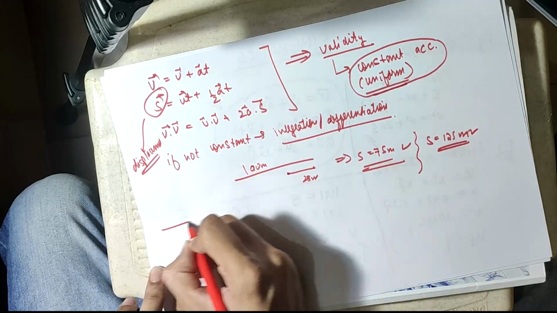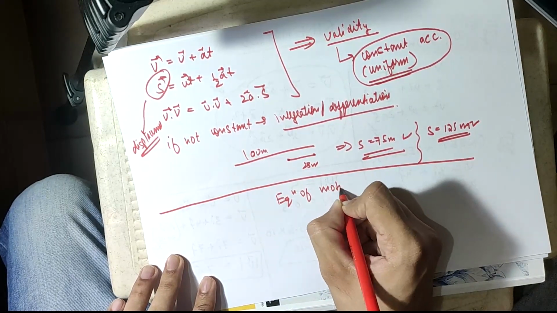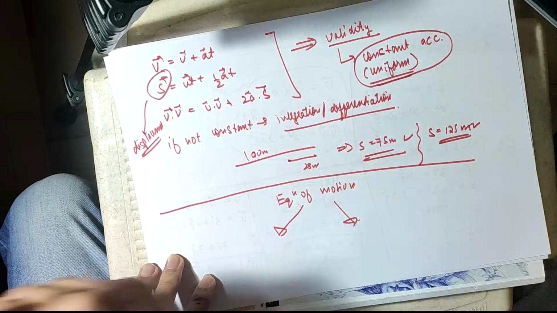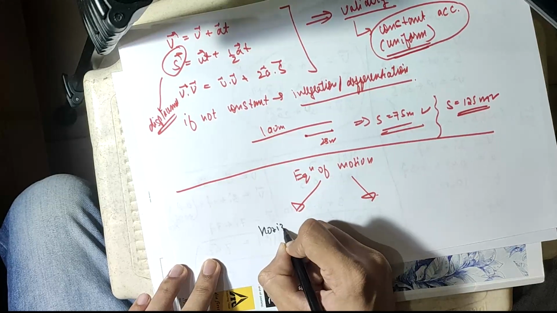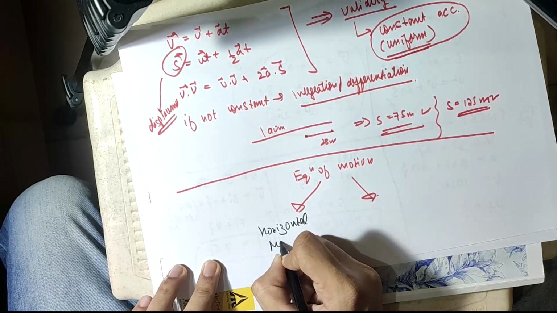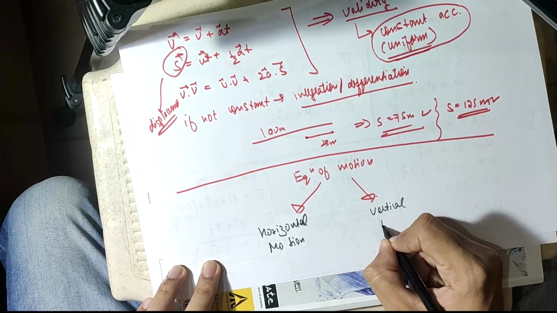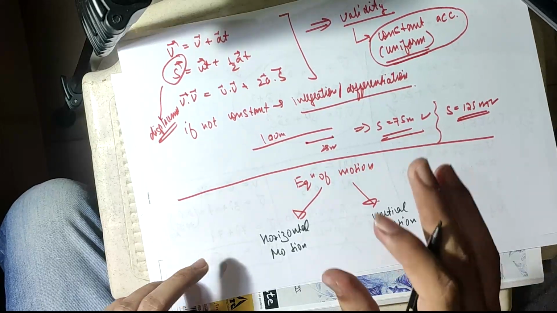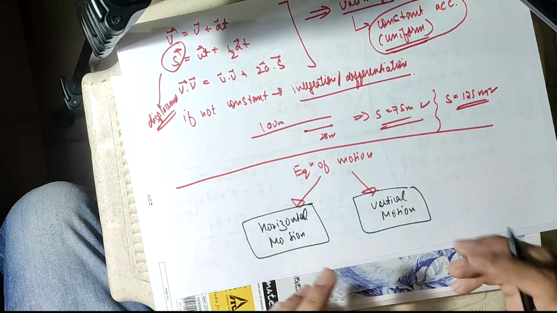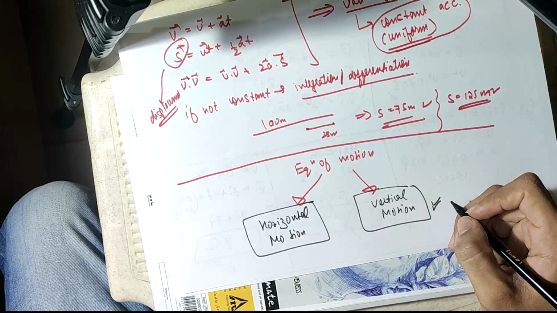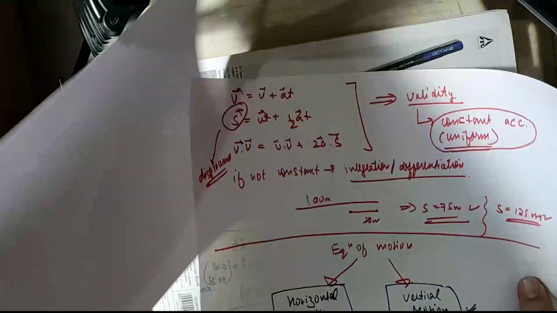The next point I have to tell you is that in equations of motion, two types of questions come. First is horizontal motion and second is vertical motion. Obviously both are one dimensional motion, so the equations of motion will be used in a similar way, but still the type of questions coming in these two sections are very much different, and it is a tougher section. Now I am going to tell you how to deal with both the sections. Let's start quickly with the horizontal motion.